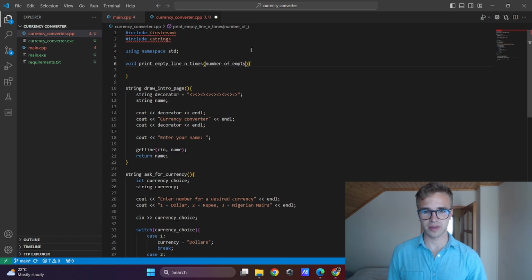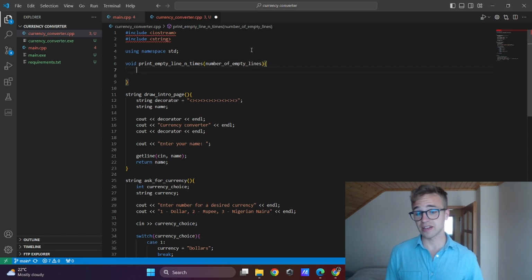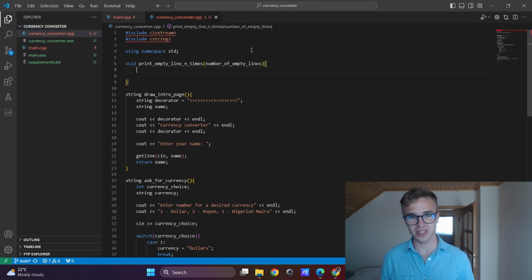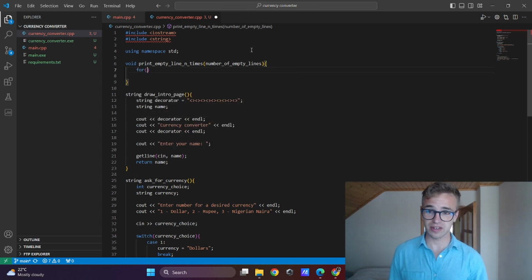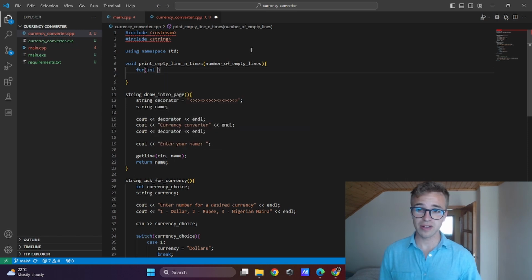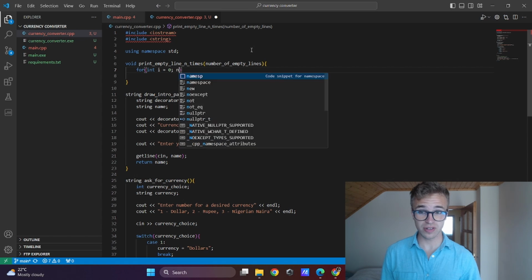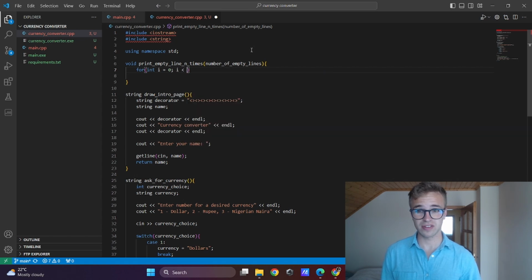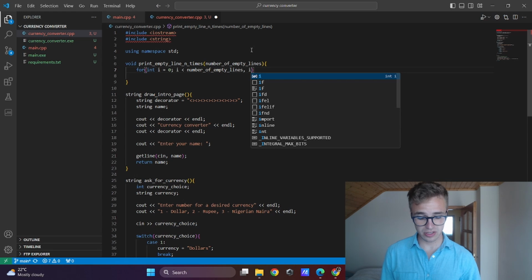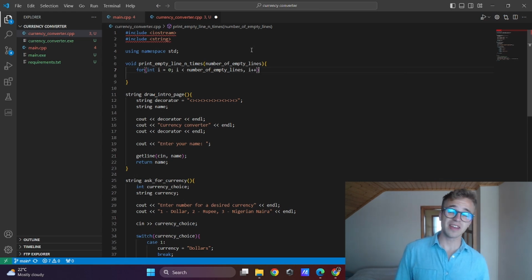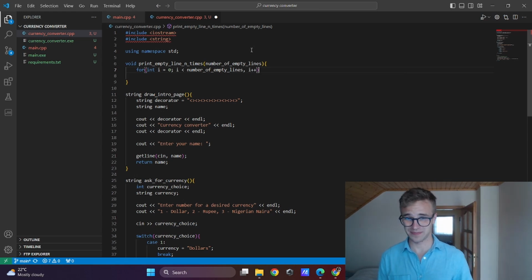Here I can show you how the for loop is written in C++. It is written like here, with the for keyword. Here you can define the variable you will iterate over, so y is equal to 0, and the second is the condition, like y is less than the number of empty lines that we want to print out, and after every iteration we will increment y by 1.